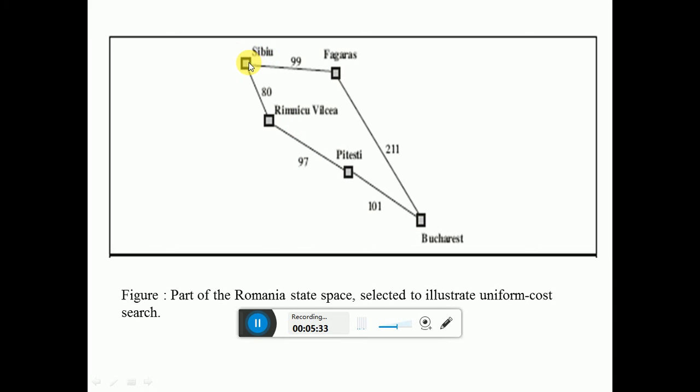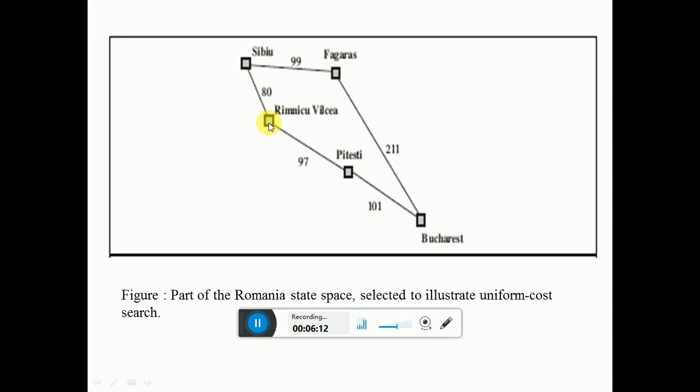Then one example is given. From this, CBU is the starting node, and Bucharest is the target node. We have to move from CBU and reach to Bucharest. There are two ways you can move from CBU to Fagaras, then Bucharest. Another way, move from CBU to Rimnicu Vilcea, Pitesti, and then move to Bucharest. If you calculate the distance from CBU to Fagaras 99, then CBU to Rimnicu Vilcea 80, then this 80 is what? Lowest node first. You move from CBU to Rimnicu Vilcea.